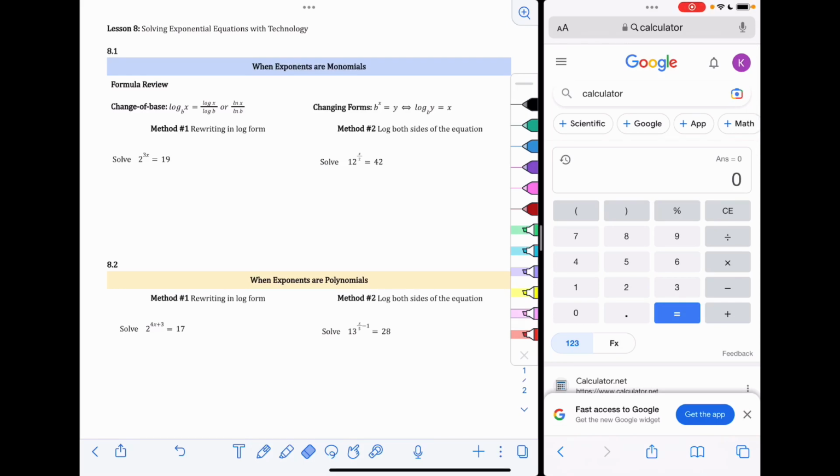Lesson 8 is solving exponential equations with technology. So 8.1, we're going to be solving exponential equations that have exponents that are monomials, meaning one term. Before we get started with the actual examples, there's a couple of formulas that come in handy for this